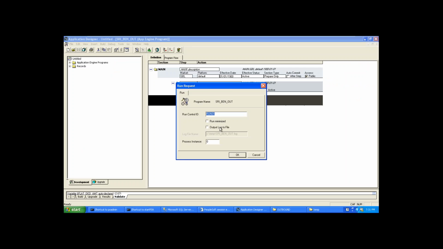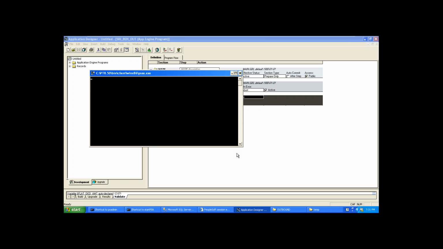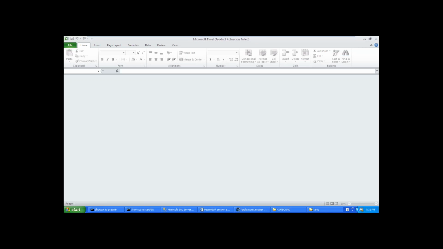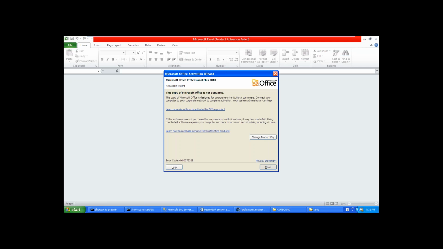Yes, CSV is nothing but Excel spreadsheet. Like this, your Excel data will be opened like this.